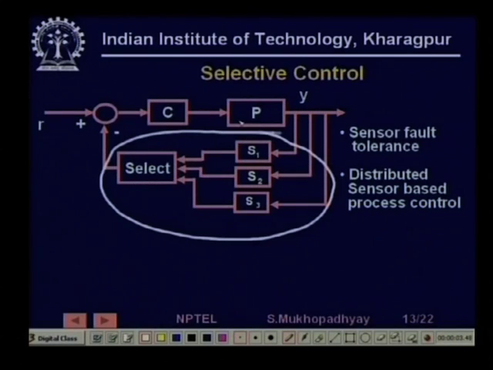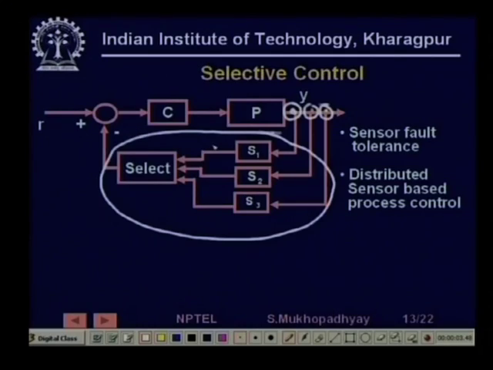What we have shown here is as if the same sensor values, the same process values, are being fed, but actually that is not so. This means that the same process variable, for example, room temperature, is being sensed by 3 different sensors at 3 different locations. So, although they are being tapped from here, these signals are not identical, but